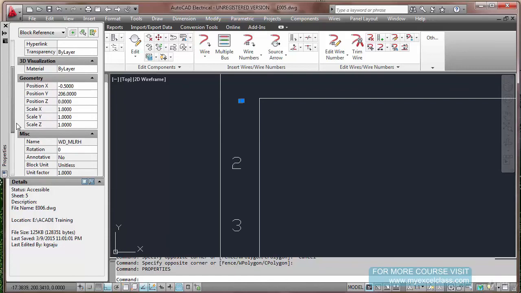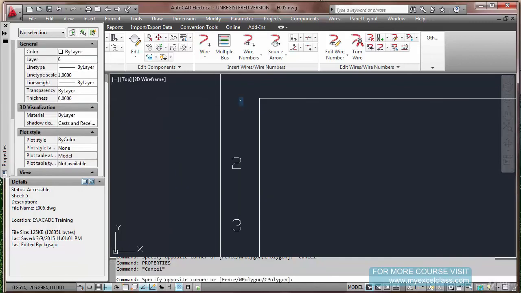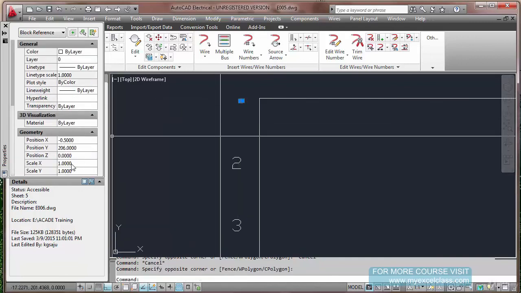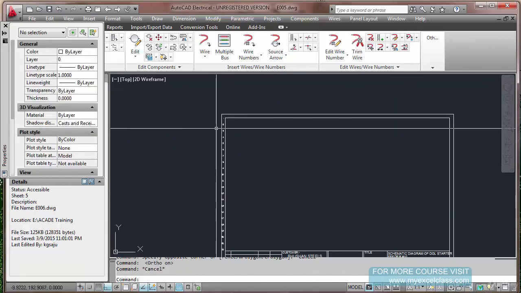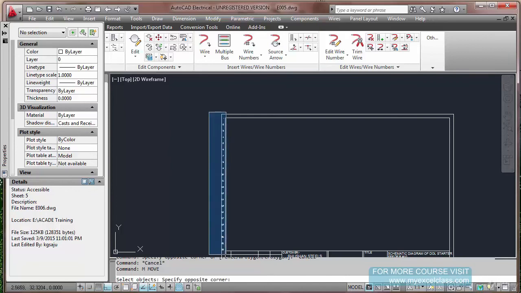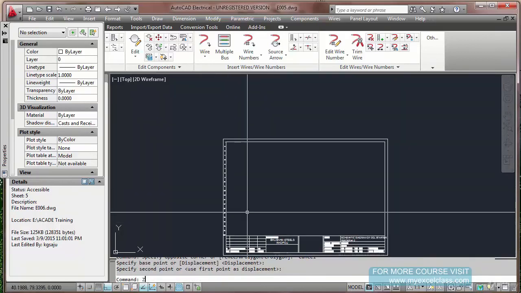Let us put the value 1. Height, let us put, where is that, text height. Slightly move this whole thing a little bit here. Now your title block is ready.